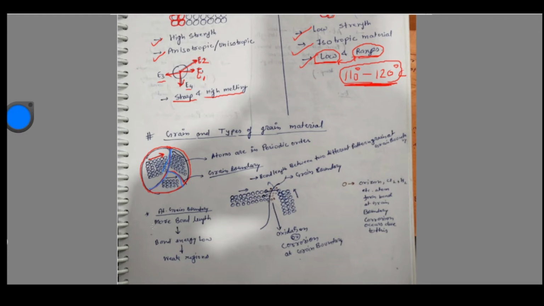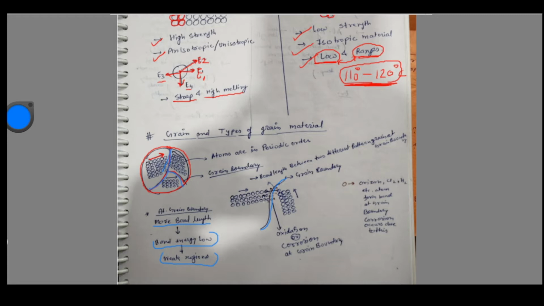If there is more bond length, then the bond energy will be low, and this region will be a weak region. Why? Because the more the boundary length,